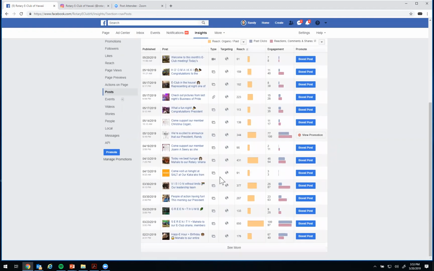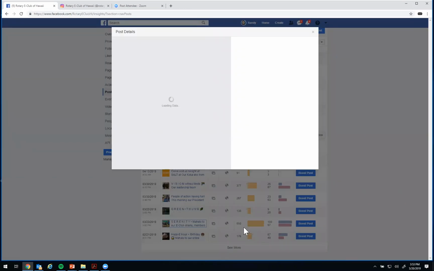Let's pick a post that did really well. Here's the Serenity Garden post. With this one, you'll see that the reach was 650 people, and there were 100 likes and 97 comments. So when we look at the post details,